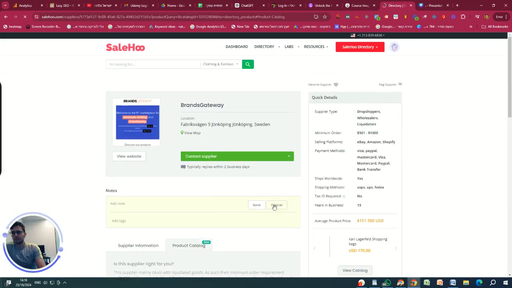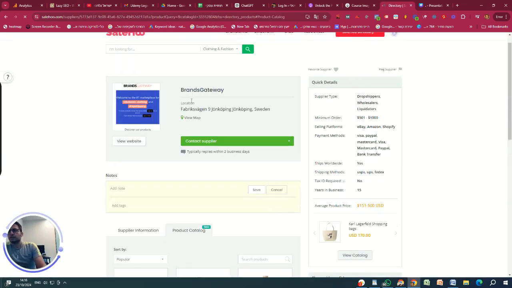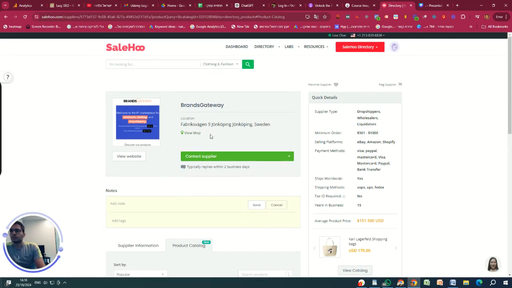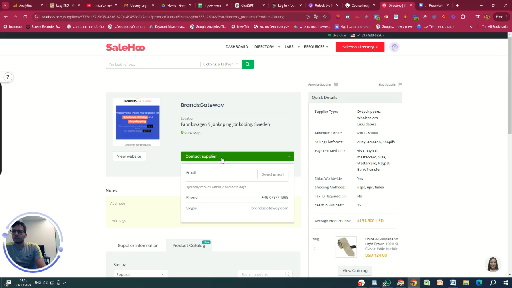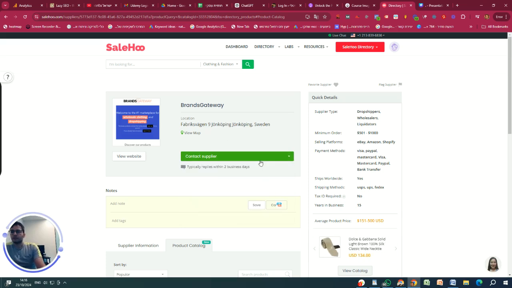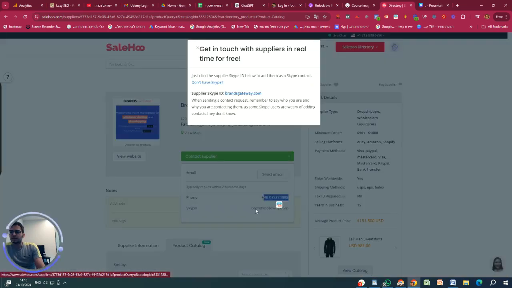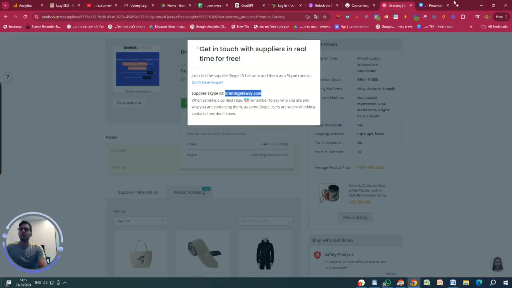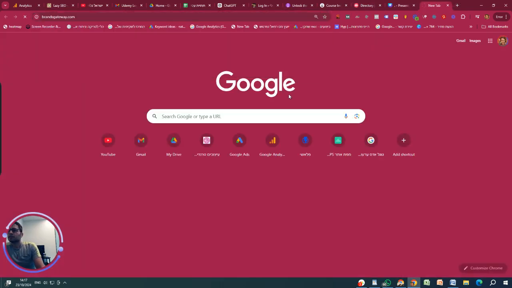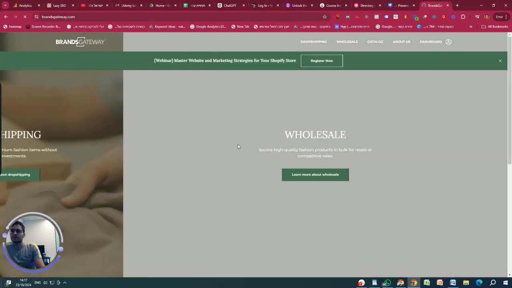Everything is the same brand, Brand's Getaway. It's for Sweden. And you can find their phone here, or you can go to their site. Let's go here, and let's just paste it here. And you will see the site.